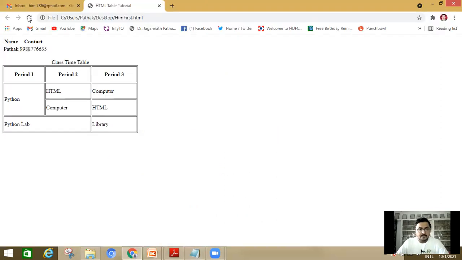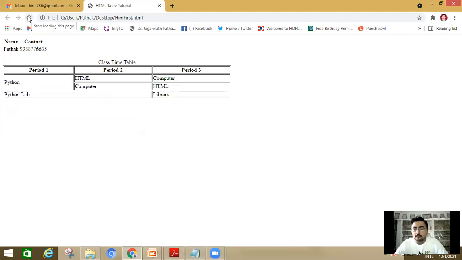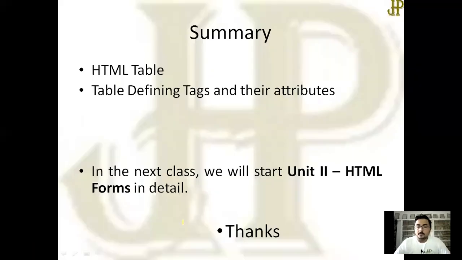Now let us check if anything is shown to you. Here you can see that of the page shown here, 50% is taken by your table, and the height is decreased by 20%. So like this, you can give the value either with the help of pixels or with the help of percentage. Okay, so I think it is very clear to you how you can insert a table with various specifications.